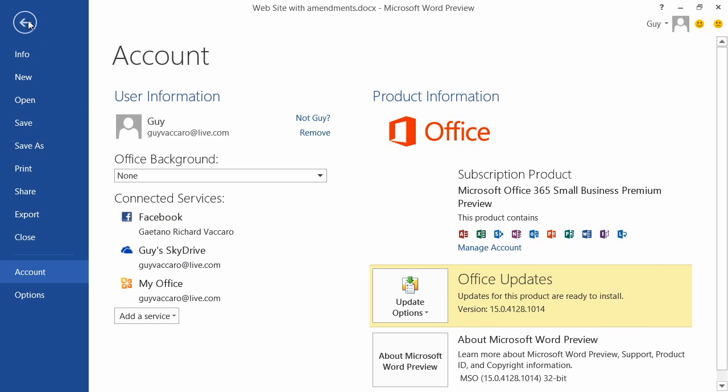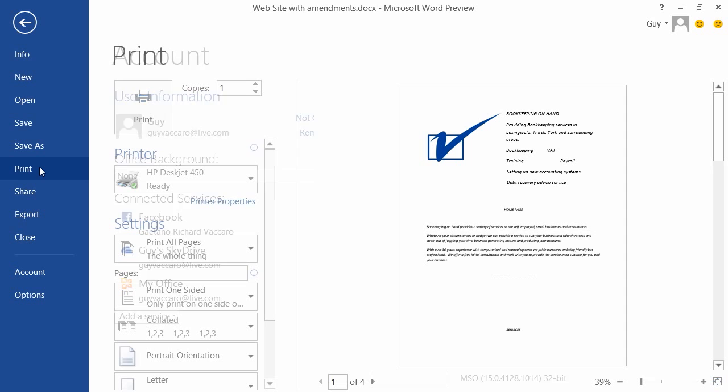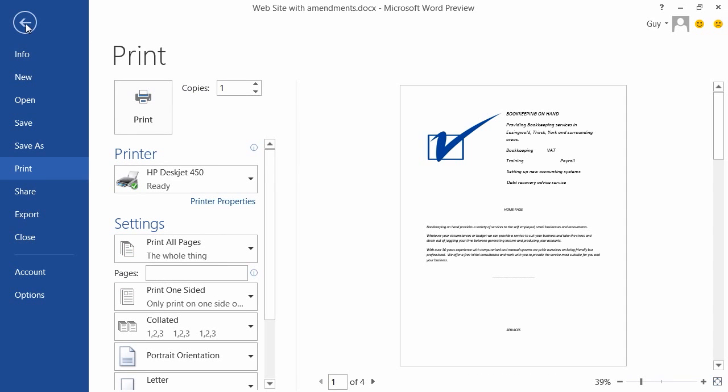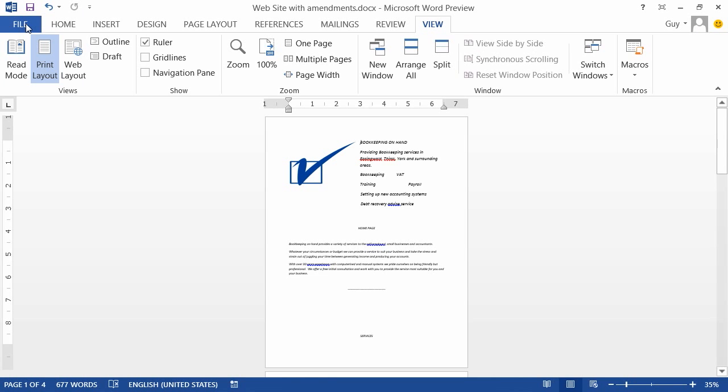So that's the file menu. Two of those, save and close, are straightforward commands. The rest are further options to choose from, or we can click the little back arrow at the top to take us back into our document and therefore not access any of